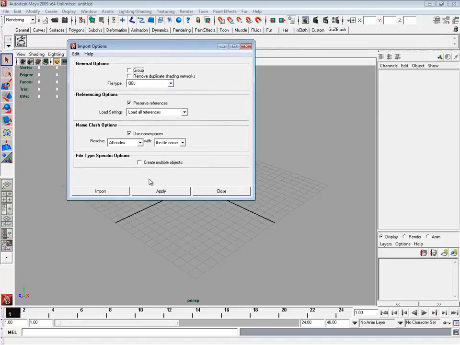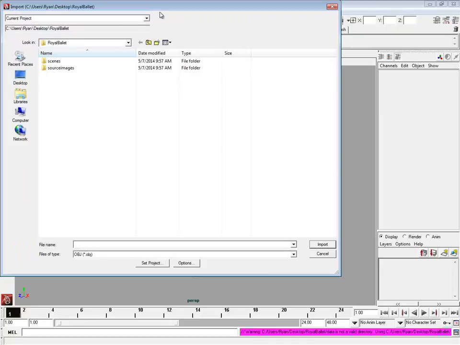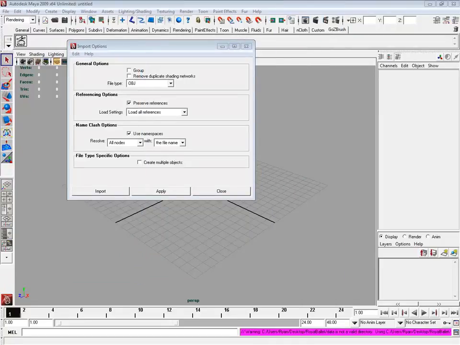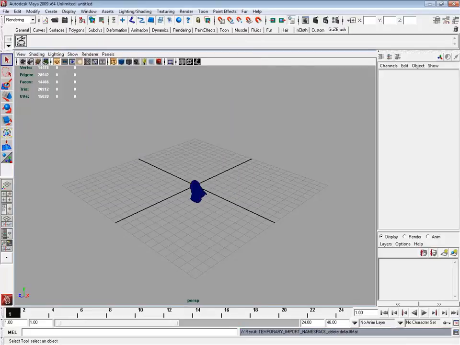I'm going to make sure create multiple objects is not on. This should be resolved already, though. Shouldn't be something you're continually dealing with. And where did we save it? Okay, R6 and Z projects. Okay, I found it.